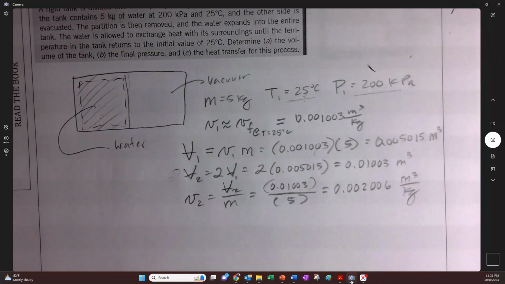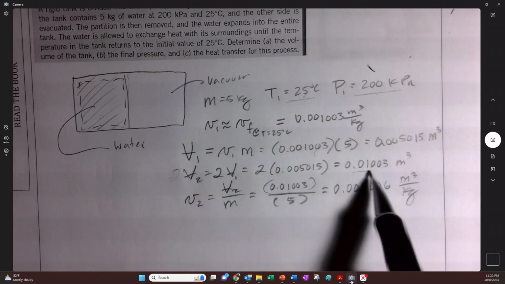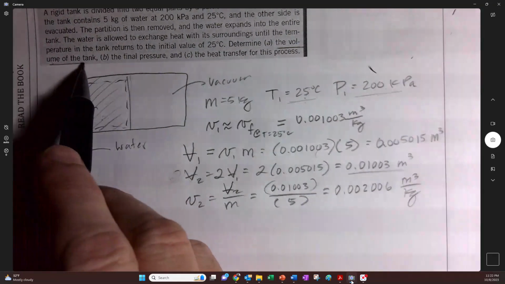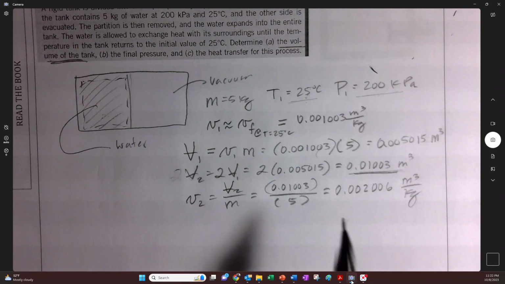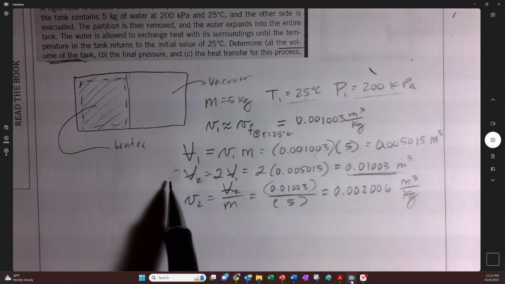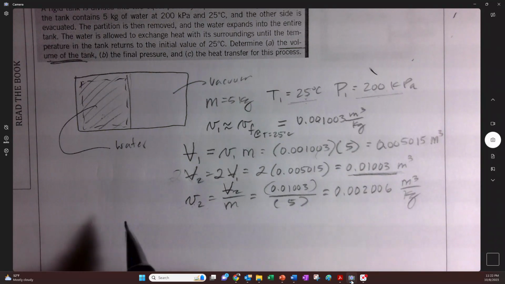But anyway, we were asked to find the volume, right? So we were asked to find this up here. So I don't feel that's the volume of the tank, right? So we just answered that right there. So it's not my fault. But we could have just said, well, it's going to be 2 times this, so we just multiply 2 times that right there. All right, I got it. So anyway,